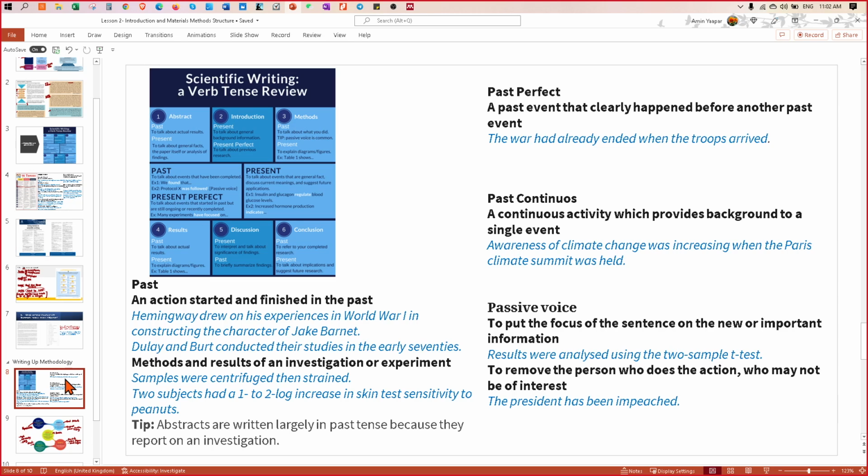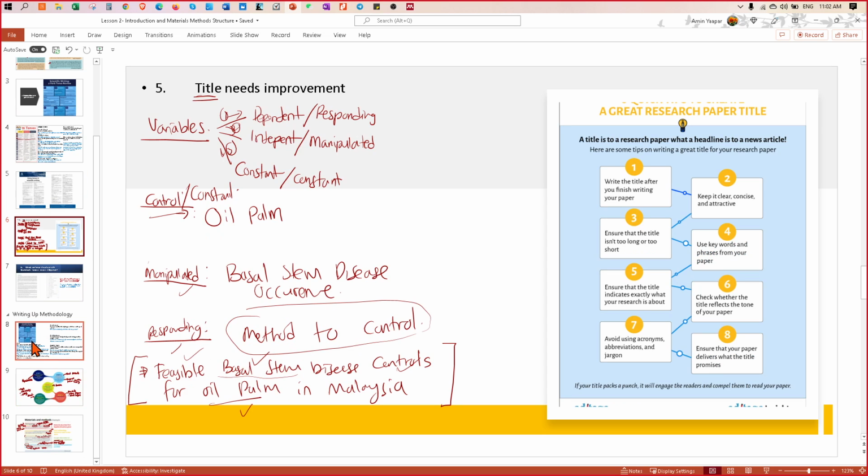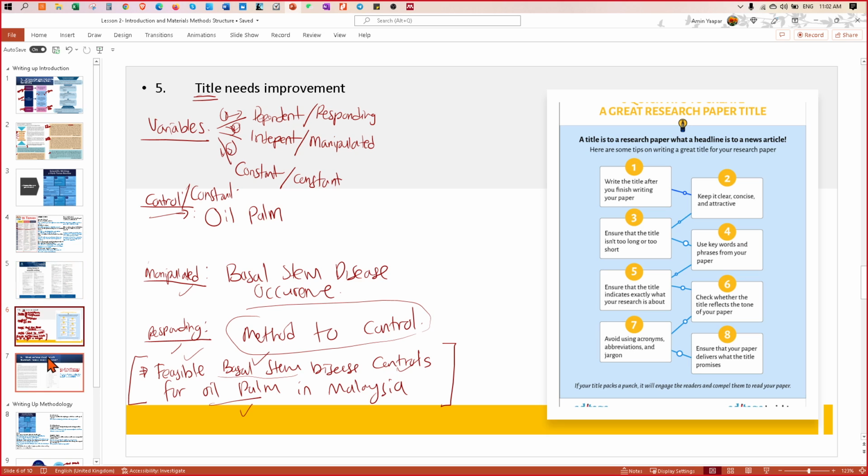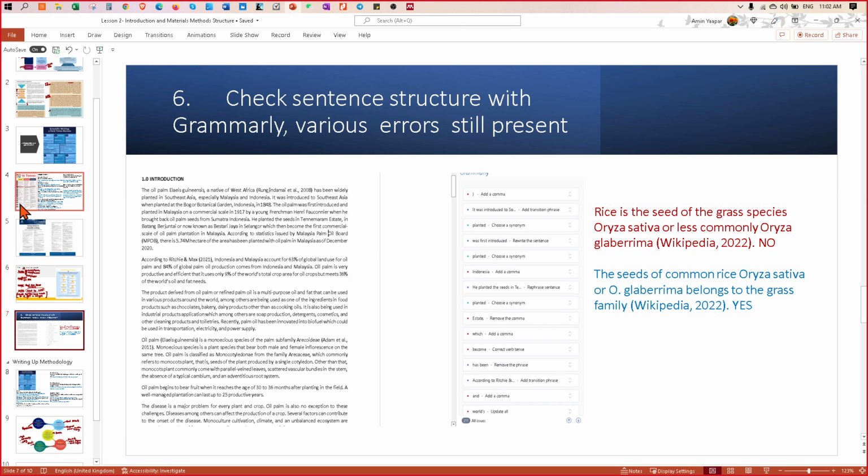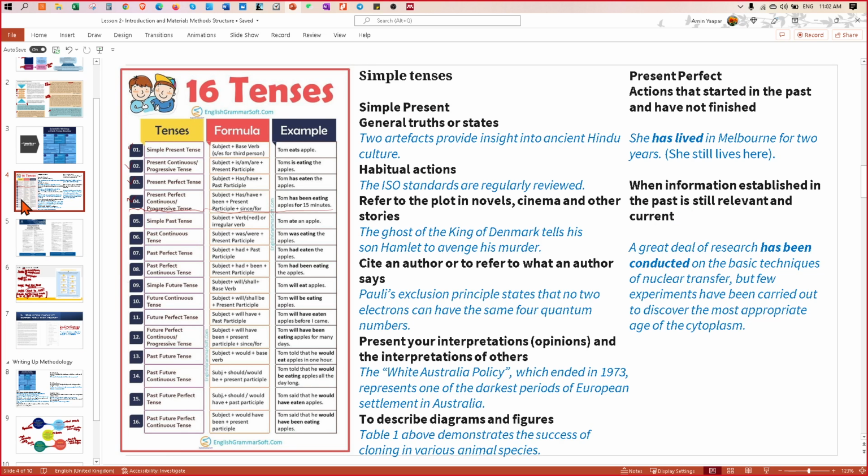All right. Again, we'll come back to the variables. I like to use this technique because it helps you to have a clearer picture. So the constant thing is you're studying about the oil palm, Sandabi, right? So the things that you are studying, the effects of, is the mechanization. Okay, what kind of mechanization?